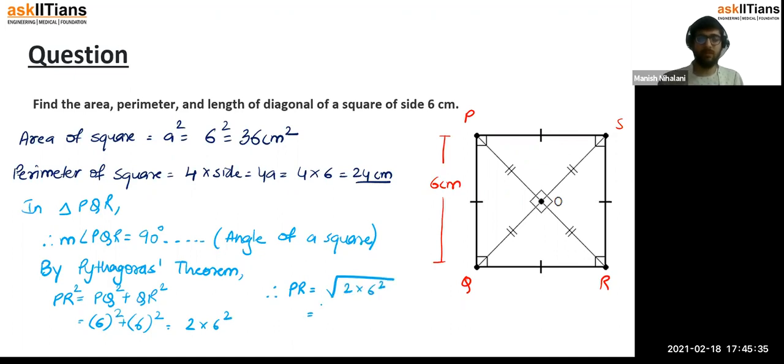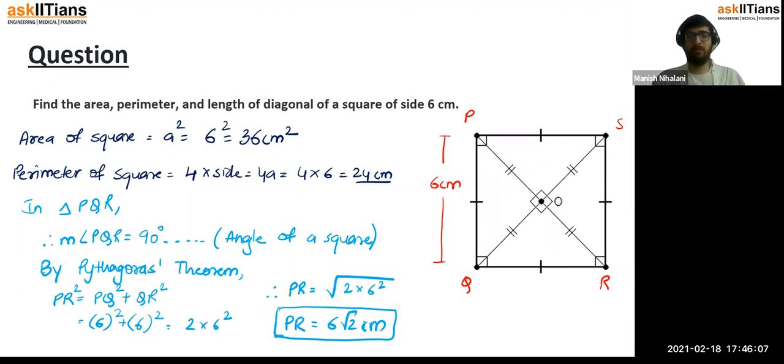Now when this comes out of the root, we would say the length of PR is nothing but 6 root 2, right? The length of PR is 6 root 2 centimeter, which is nothing but the diagonal of the square, right? So this is very interesting and important to understand how we find the length of a diagonal, and always we can remember the formula that diagonal of a square